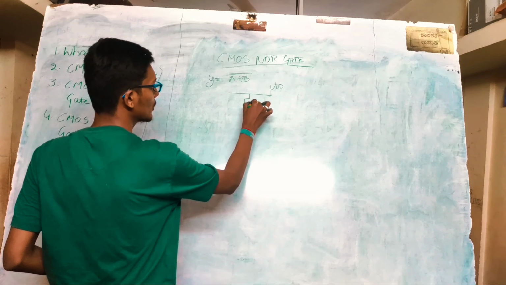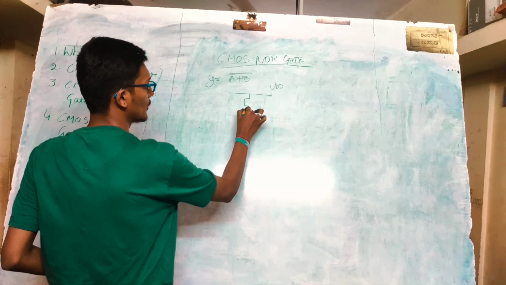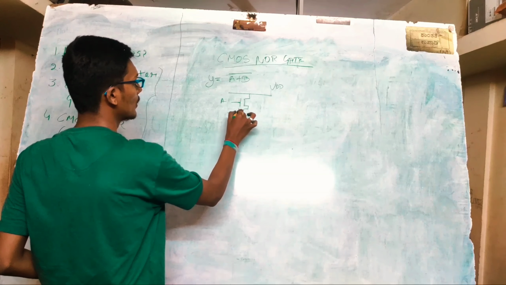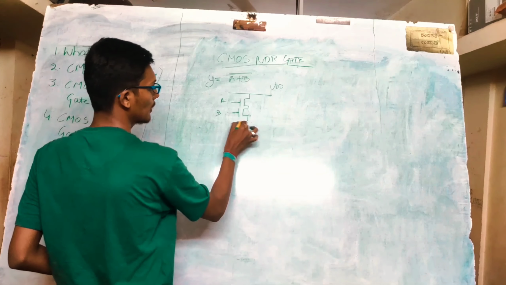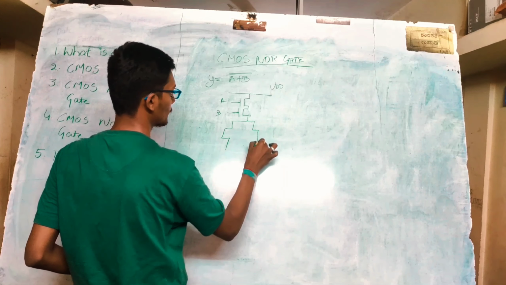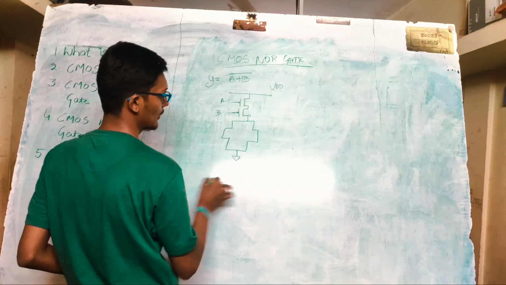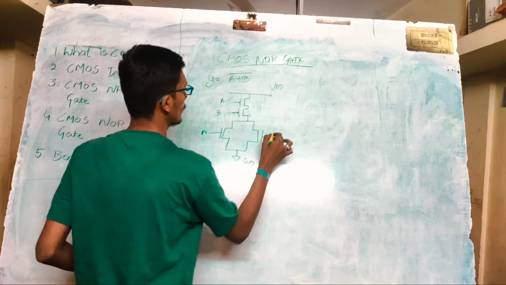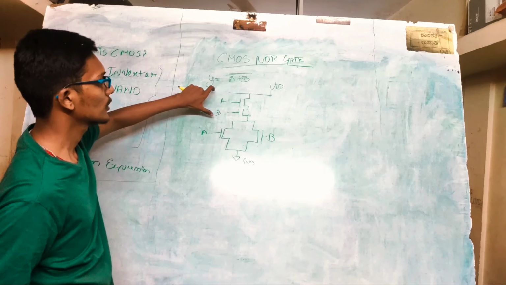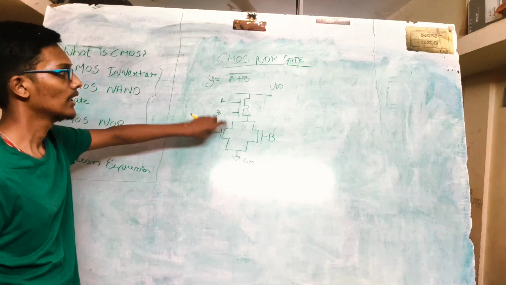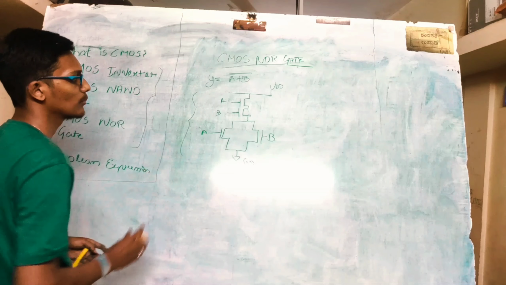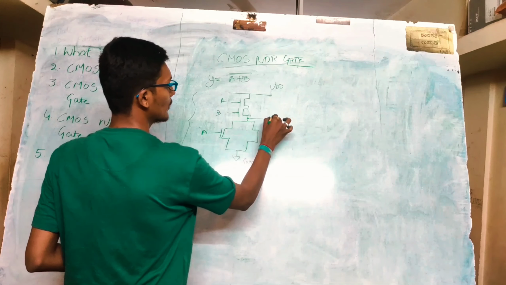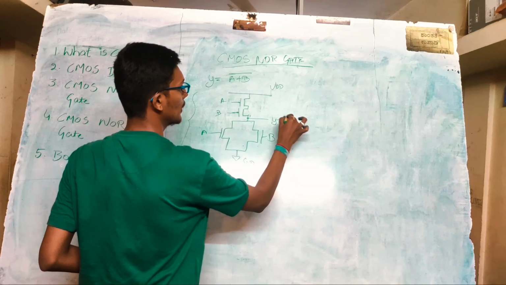So fine. I'll take two PMOSes because I have two inputs. This is my PMOS number 1, which has input A, PMOS number 2, which has input B, and NMOSes will be in parallel. Right? This is my parallel NMOS, and this is my ground terminal. I have input A, I have input B. Due to the OR operation, PMOSes will be in series and NMOSes will be in parallel. This is my CMOS implementation circuit for the NOR gate. So output will be taken here, which is Y is equal to A plus B whole bar.